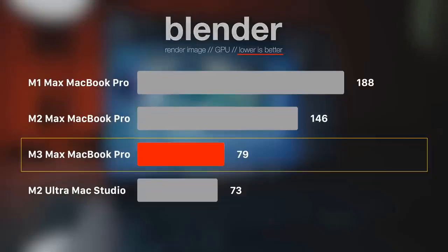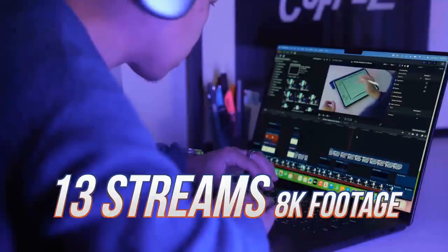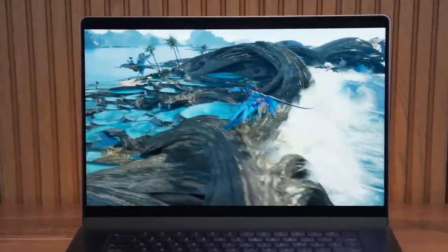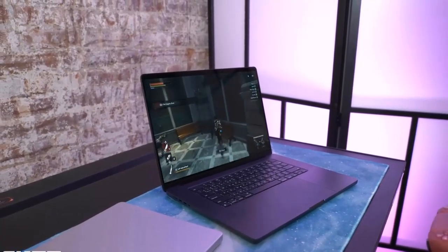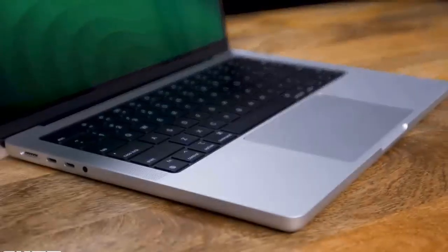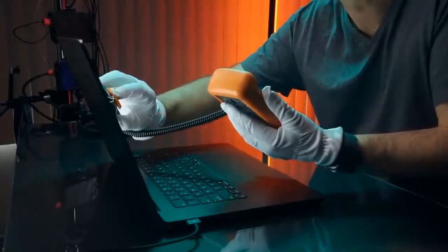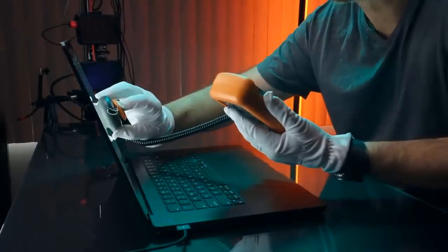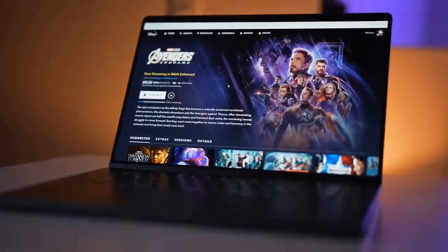M2 Ultra finishes in 4K and up to 13 streams of 8K ProRes video. There's nothing quite like a MacBook Pro display. I mean, just look. That means you can game pretty well on battery, though I don't know yet for how long. The flip side is that the best M3 Pro in the MacBook Pro 14 may 1 minute and 30, while you're not watching HDR, is brighter with the new M3 MacBook Pro. And I tested it and I found out with my luck that HDR content or just enjoy consuming HDR content